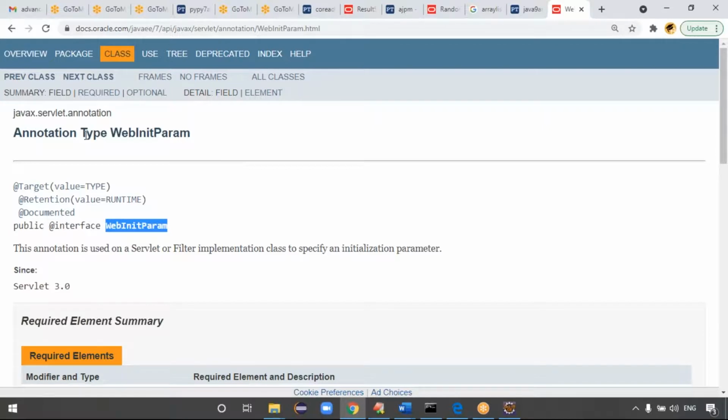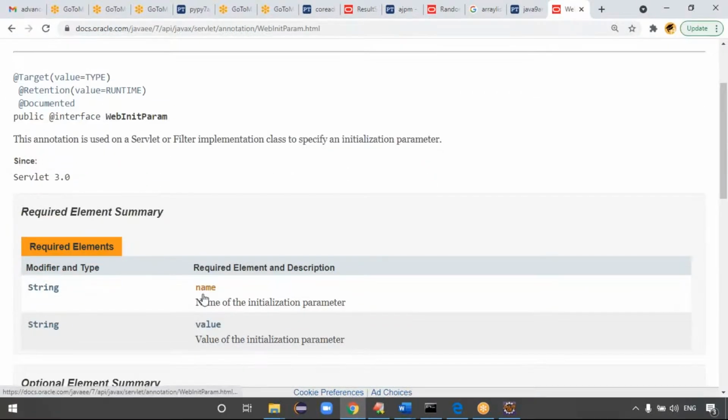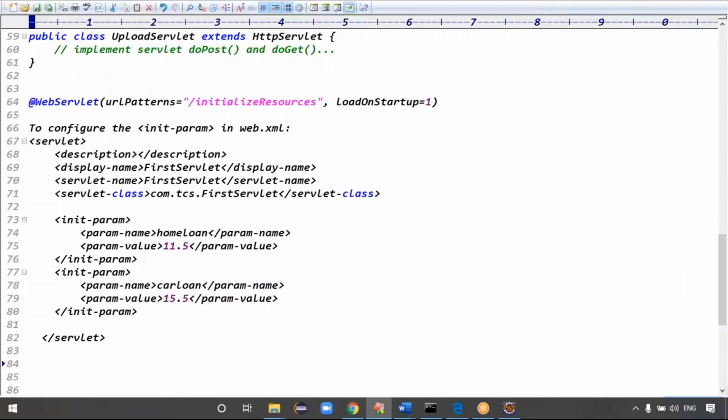WebInitParam is another annotation type, @WebInitParam. This WebInitParam contains a param name and a param value: the name of the initialization parameter and the value of the initialization parameter.